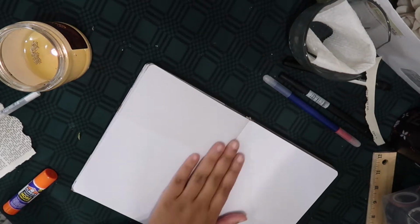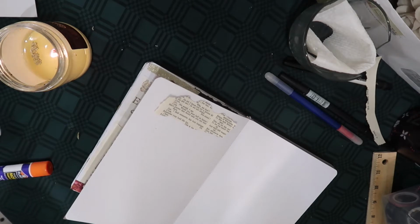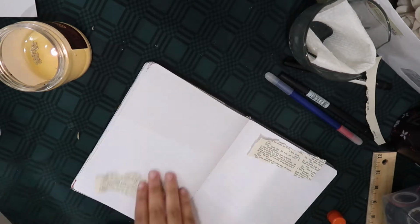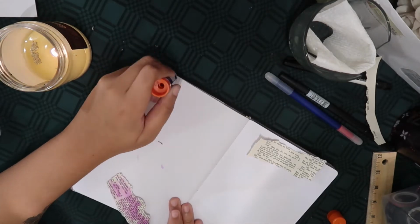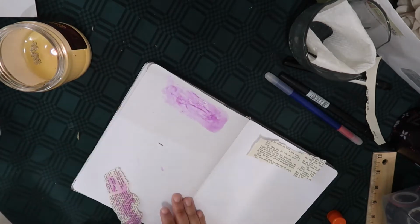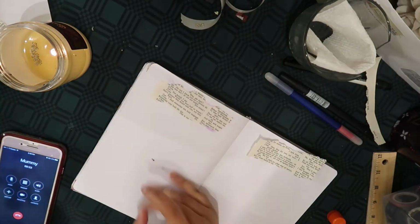Okay, so these are my books hauled and unhauled spreads. Like I said, I will be using these Shakespeare sheets throughout. I just ripped off little pieces of dialogue or of the script to use as the header,